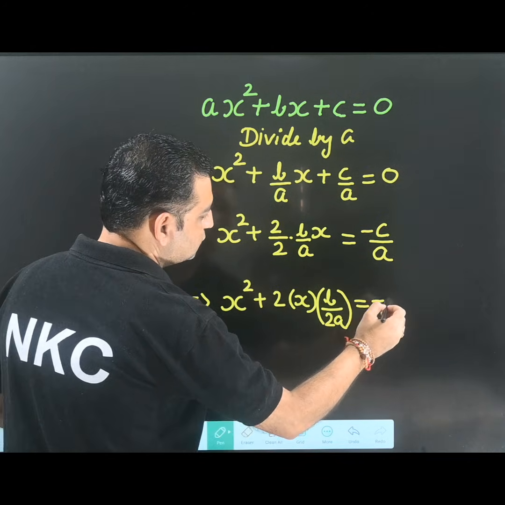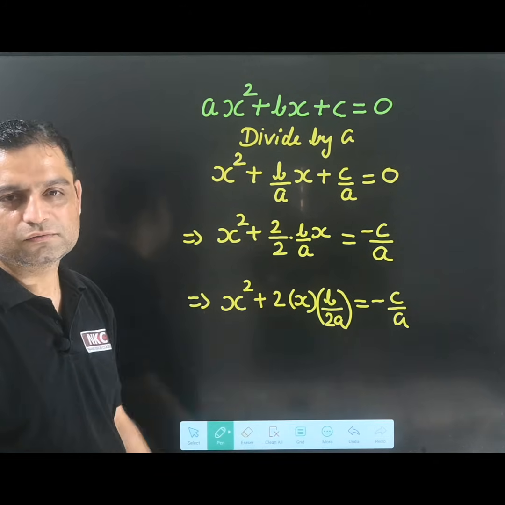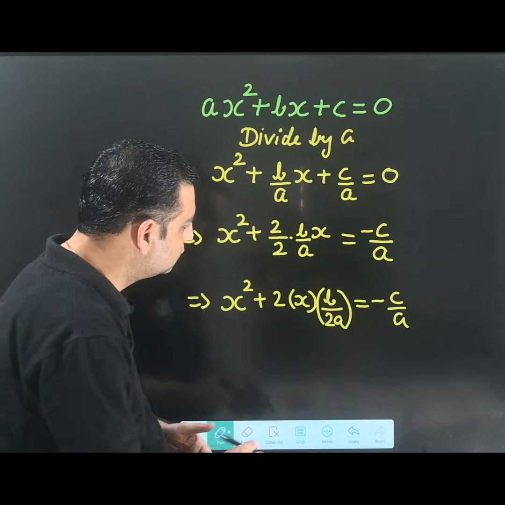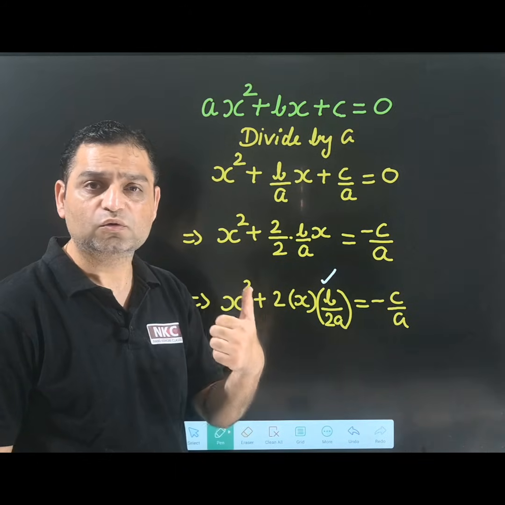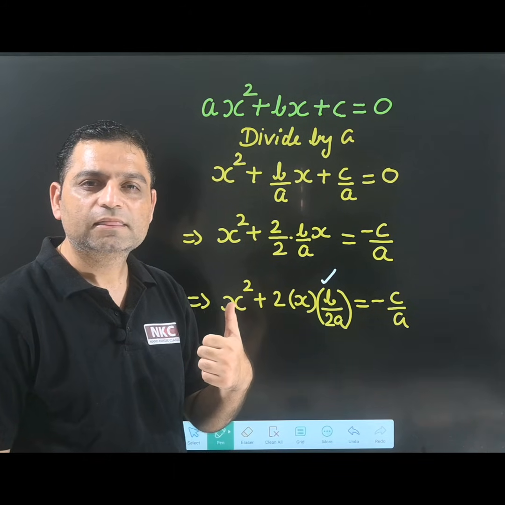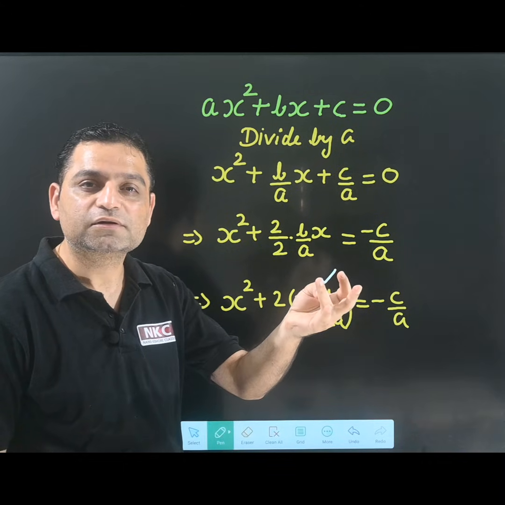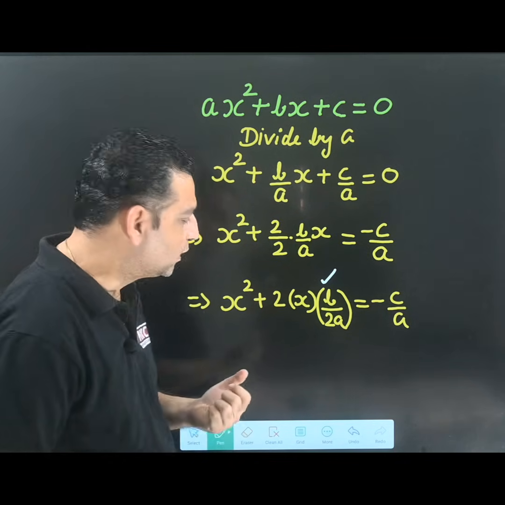See, I have shown you that this has become 2ab now. If this is 2ab, so this is b, and the whole square formula is a square plus 2ab plus b square. B square is missing here. What I need to do,